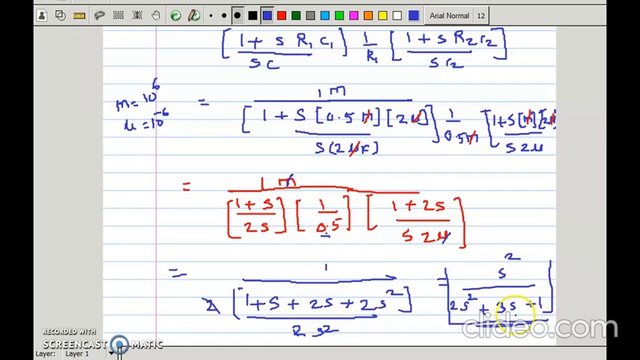Okay, so maybe it is not exactly matched with your final answer of the PDF, but this is the right answer and this gets full marks. Okay, let's